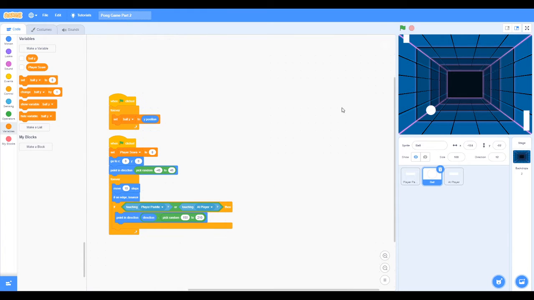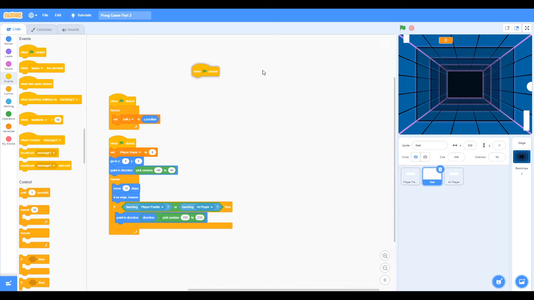And then when we want the player score to change, we want it to basically pass the AI player and then go back to 0, 0 and change the score by 1. So I'm going to first show this score by putting it here. And I'll put this variable right here probably. And then here I'm going to say